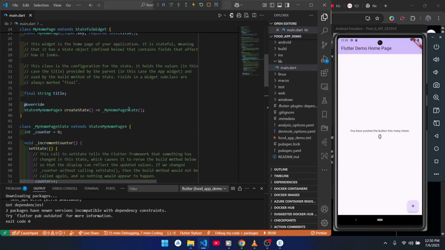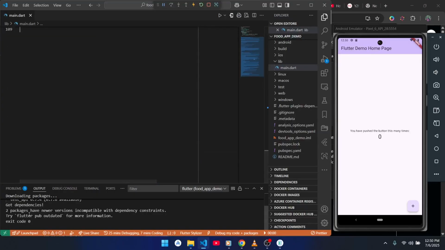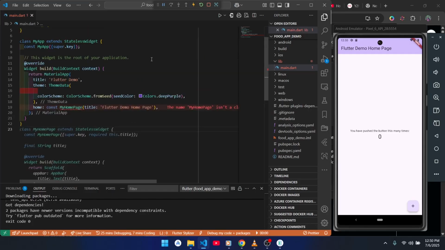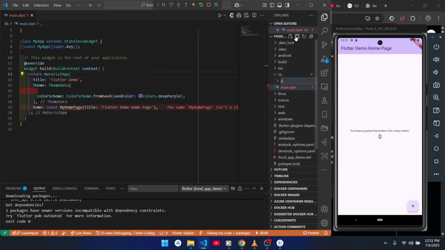Right, so to get started, we're in the main.dart. We're going to clear everything going down here. So we clear that. Then we're going to make a new folder called screens. Then in this folder, we're going to have the home screen